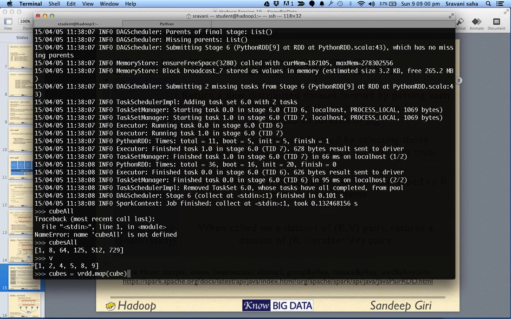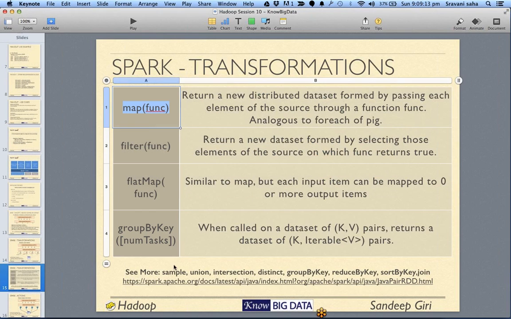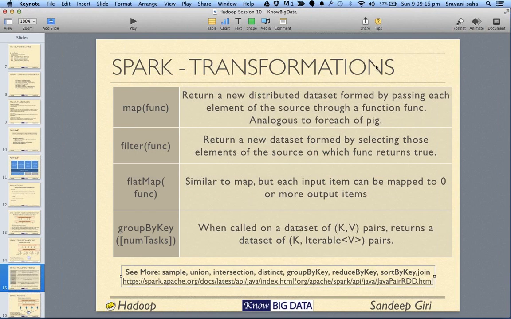All right. So is the idea about map clear to everyone? Any doubts? Great. So that is our map function.